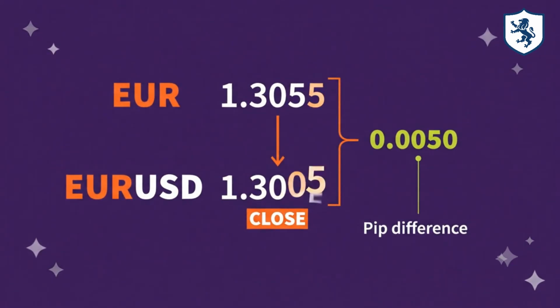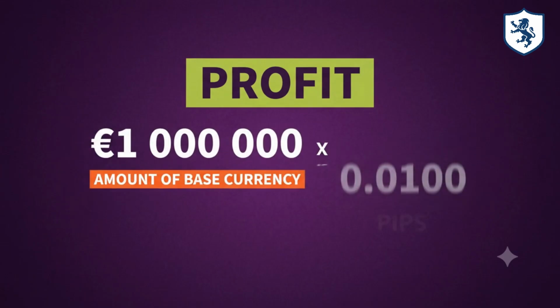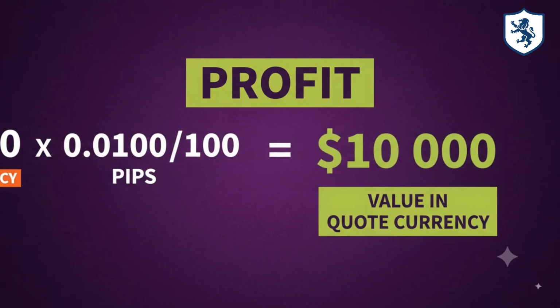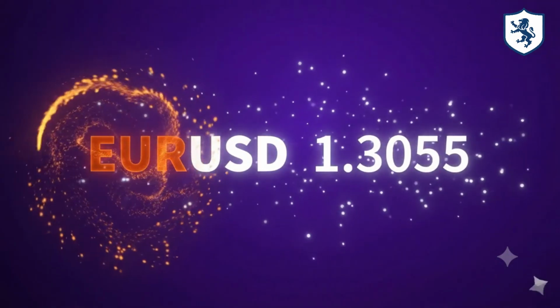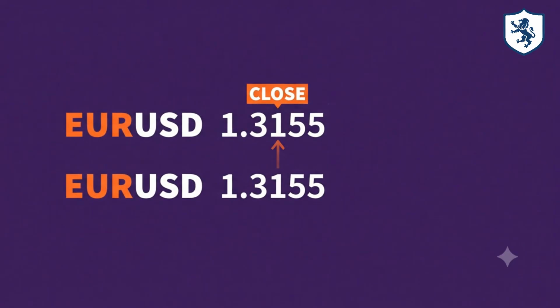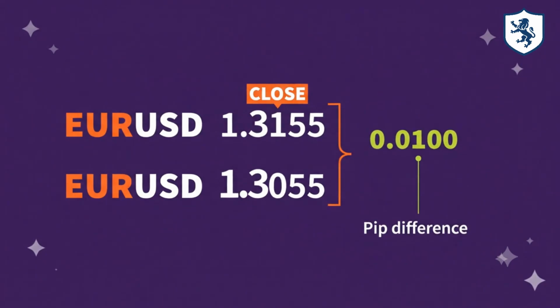Here's another example of the same trader but with a different outcome. This time, the trader buys the euro-dollar at 1.355, closes his position at 1.305 and loses almost half